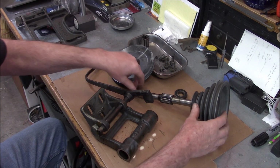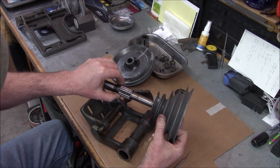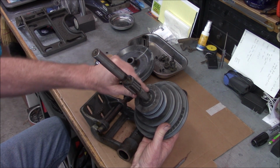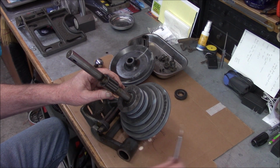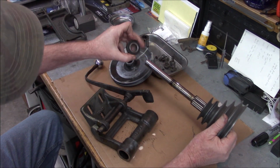So our shaft and bearing assembly here, I'm gonna clean that off or slide that bearing off. But there's a felt washer here for a seal. So I don't know if we're going to replace that or not. I'm going to clean it up and see what it looks like. Okay, and then the other